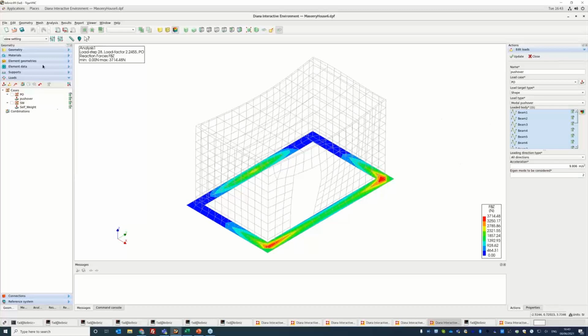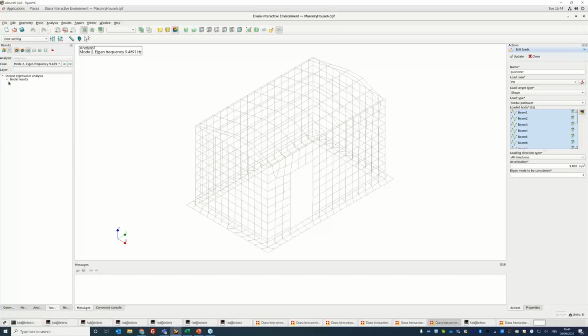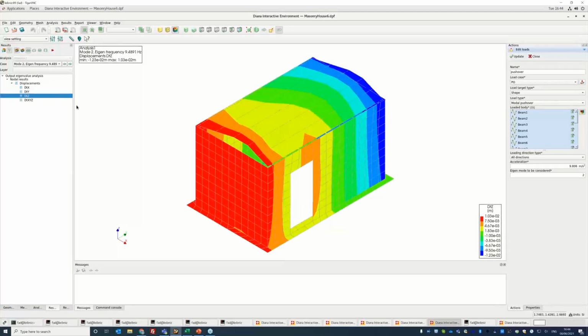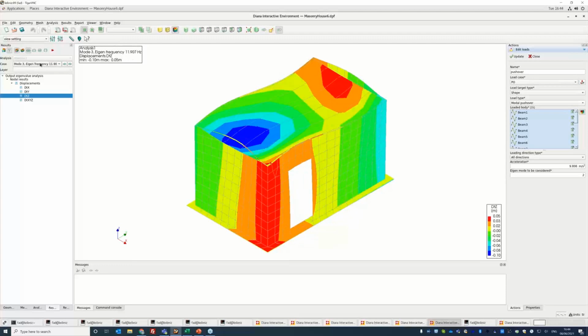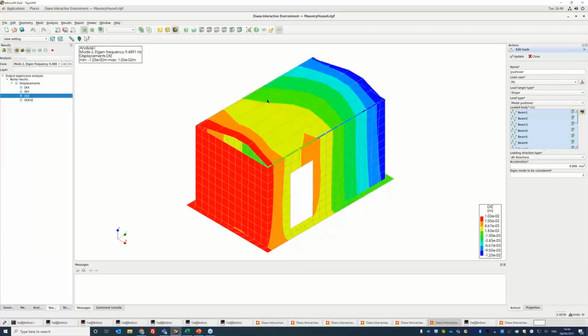If we see here in the displacements, eigen mode 2 is the one that is related with the walls to the roof, but we could also use mode 3, that is a mixed mode, or mode 4. So we select mode 2,